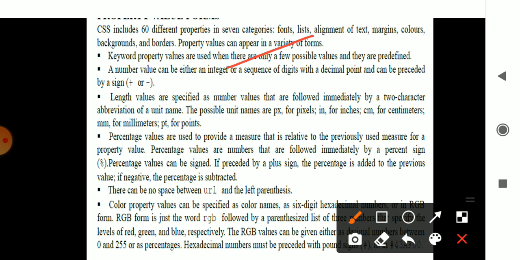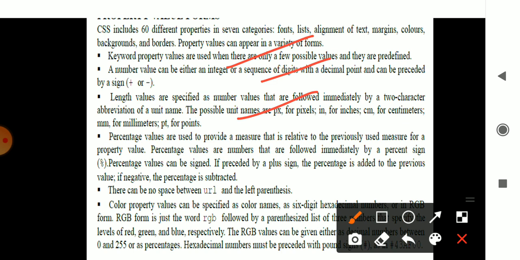Next point, when you consider digits in the property format, it may use the format of plus and minus. So if I want to use a decimal point, you specify a point, but if I want to use negative and positive, that is considered with the plus and minus symbols. And I can even specify the length of the number with the help of pixels. Length I am specifying may be in pixel formats.